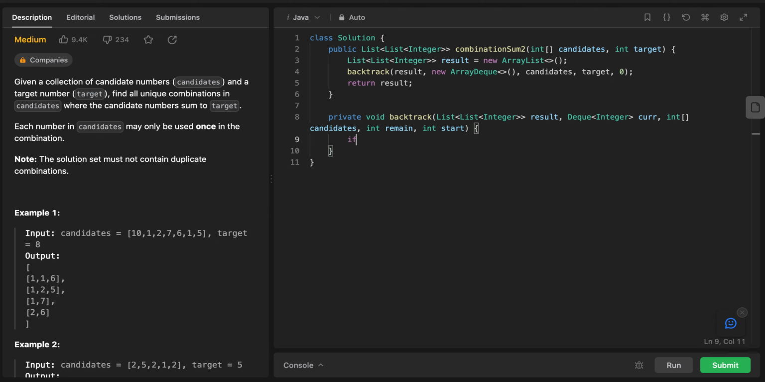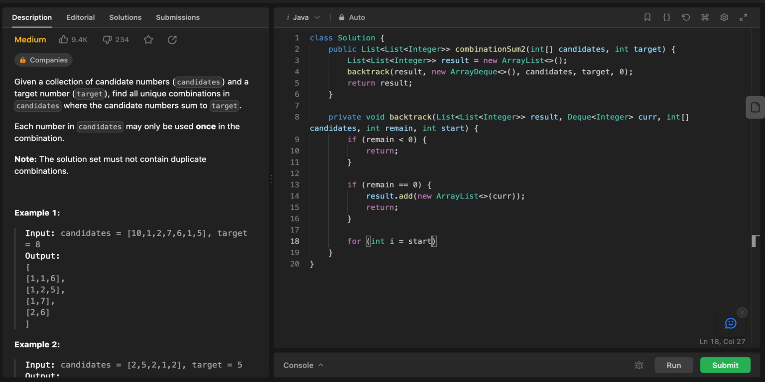When remain is smaller than 0, we just return out of it. And if remain is equal to 0, that means we have found a combination, and we just need to store it in our result, sending a deep copy of current, and then return. Else we go through our loop, from the starting point i,